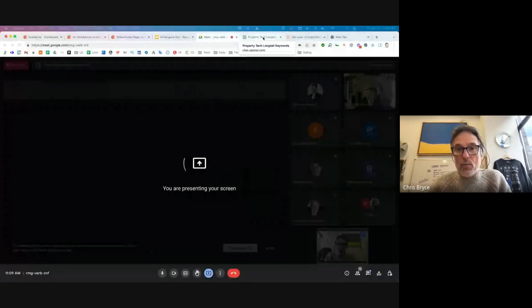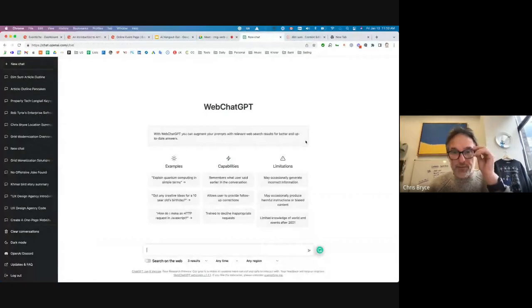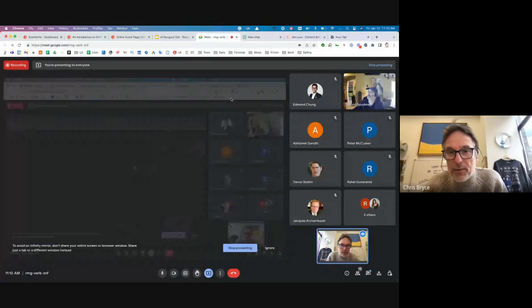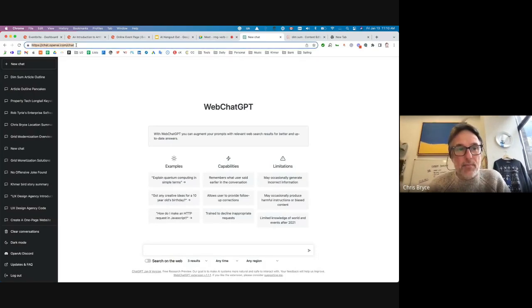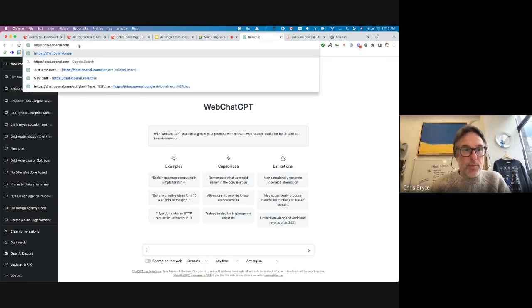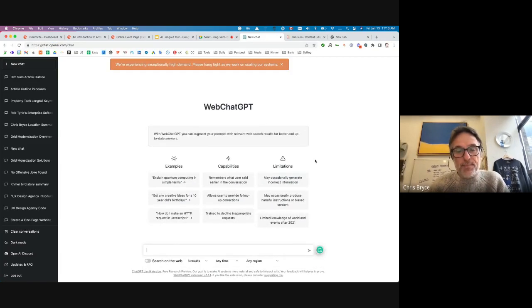we are going to start by showing you the general interface for ChatGPT. I have a Chrome extension that turns it into WebChatGPT, which adds a few other features and functions, but it essentially functions the same way for our purposes. One second, just making sure everyone can see my screen with the ChatGPT window open. You can find this by typing in chat.openai.com, and that will take you, after going through this process, right into the chat engine.